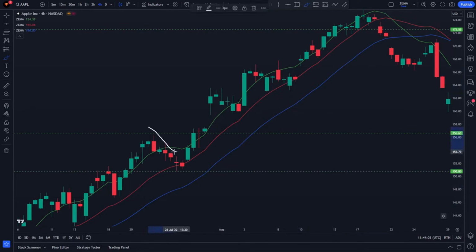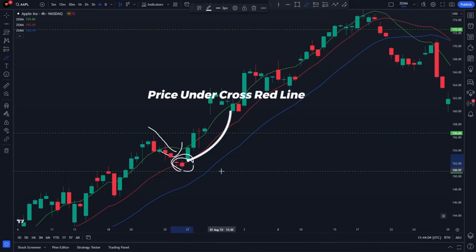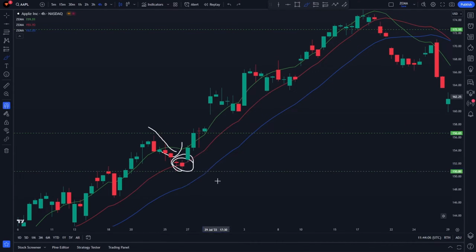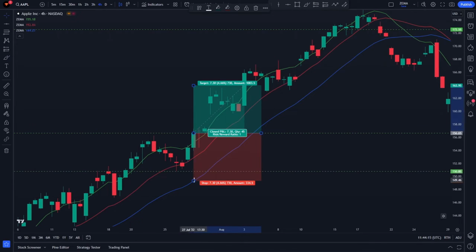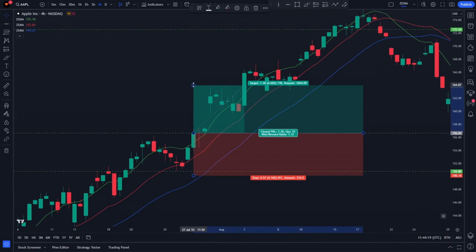Second, the price needs to pull back to touch the red line, but not to touch the blue line. Third, when the price crosses over the green line, we can enter our long trade and place our stop loss under the recent swing low and place our take profit with a 2.5 risk and